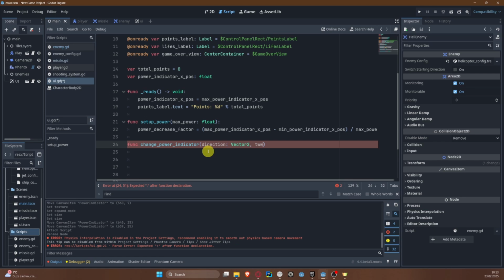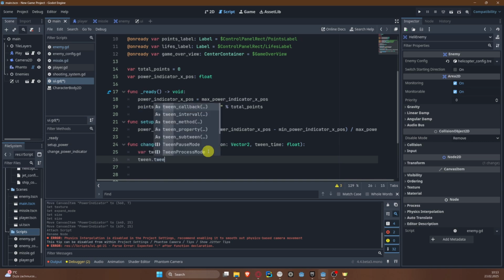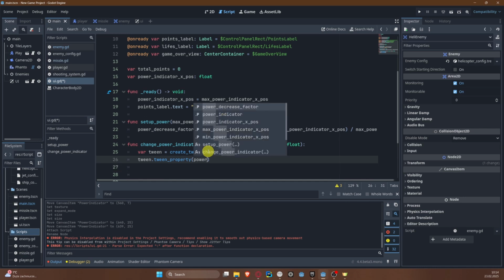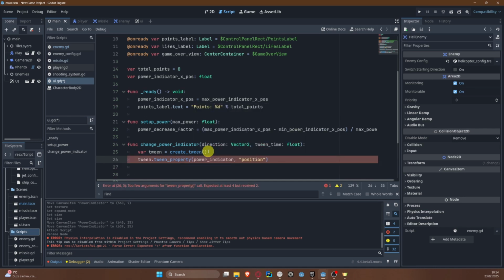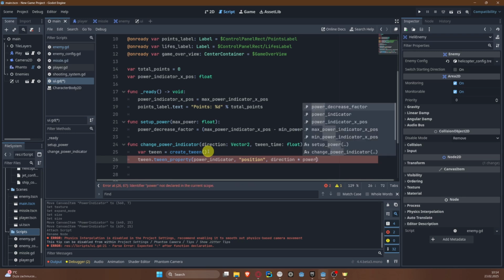And we need to pass a tween time here, because to make it kind of smooth we will use tween. So let's create a tween property power indicator position, direction times power decrease factor,